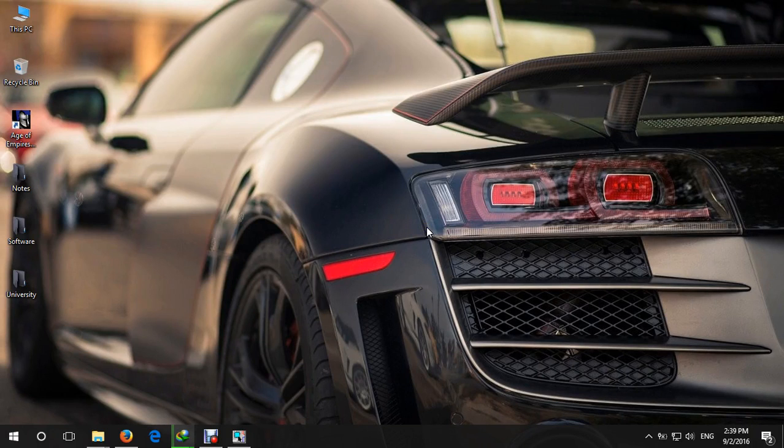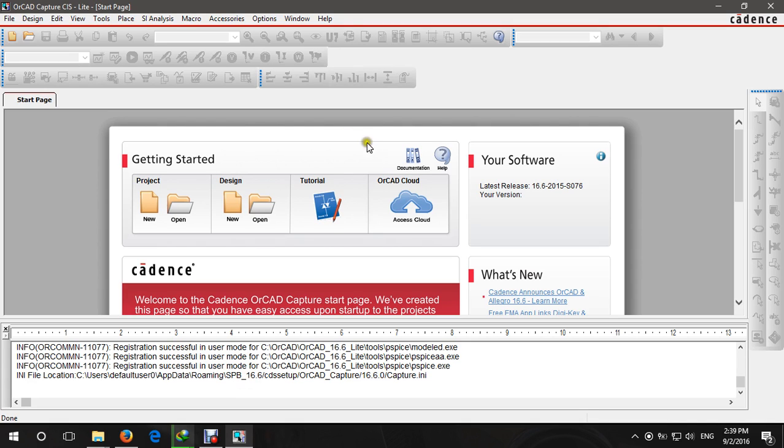Hey guys, I'm going to show you how to use OrCAD Capture Light today. It's basically a circuit building software. I'm just going to be showing you some simple circuits and how to draw them and construct them. Right, so basically this is OrCAD